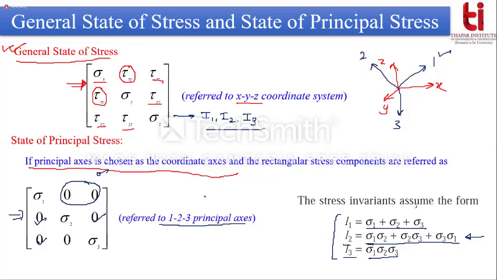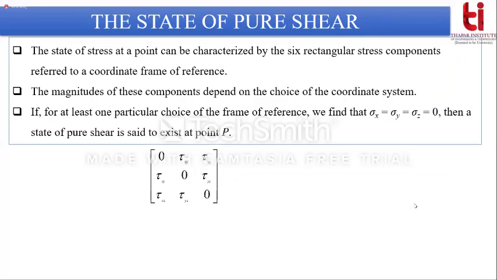If this is clear, we can now move on to the plane of maximum shear. What we know is that a general state of stress is given by 6 rectangular stress components, out of which 3 are normal stresses and the other 3 are shear stresses. We also know that by changing the orientation of a plane at a particular point, the magnitude of these components changes. So there could be some point or some direction